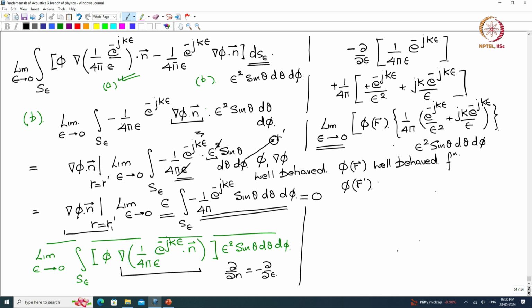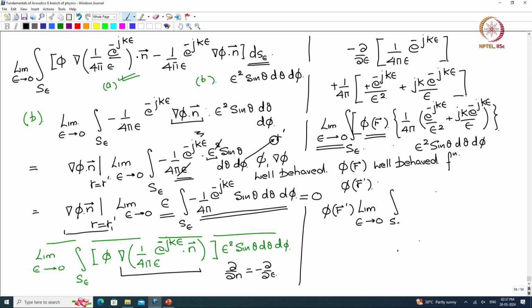Okay, and there is an integral sign which I missed, S epsilon. So this acquires the value at r dash, so we keep it outside. It is well behaved. In the limit it acquires this value, so we keep it outside the integral. Then we have limit as epsilon tends to 0,